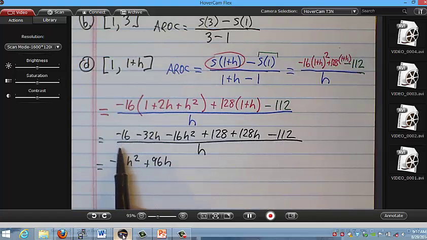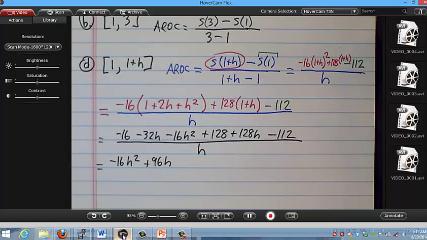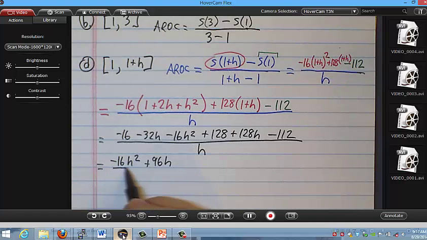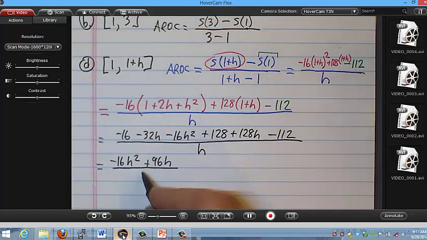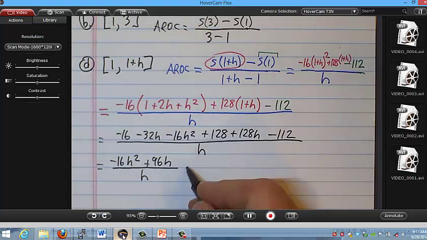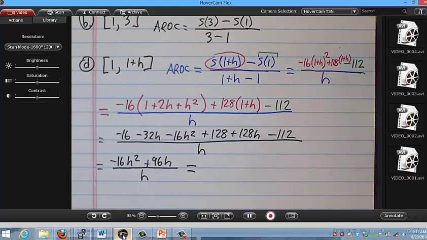Minus 16 is? Coincidence? It worked. And thank goodness the numbers went away,